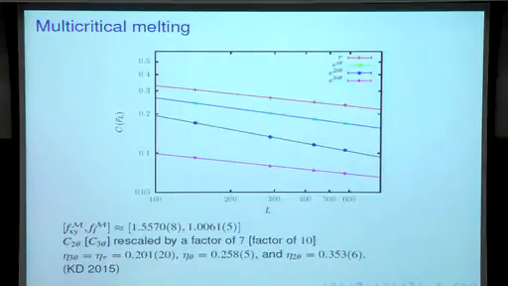By symmetry, of course, I expect e to the 3i theta to have the same power law as tau, and sure enough, the red and the purple have the same slope. So e to the 3i theta and tau have an anomalous exponent that my best estimate is roughly 0.20. And then the e to the i theta, the order parameter field, is slightly bigger than Ising, it looks like, outside the error bars of the Ising critical exponent. And 2i theta is this funny number, which I think is the most important statement,